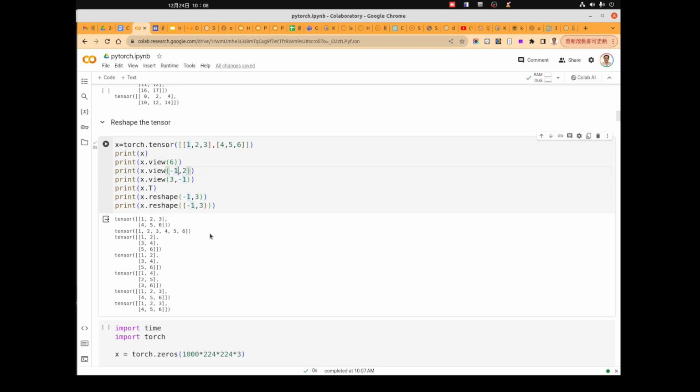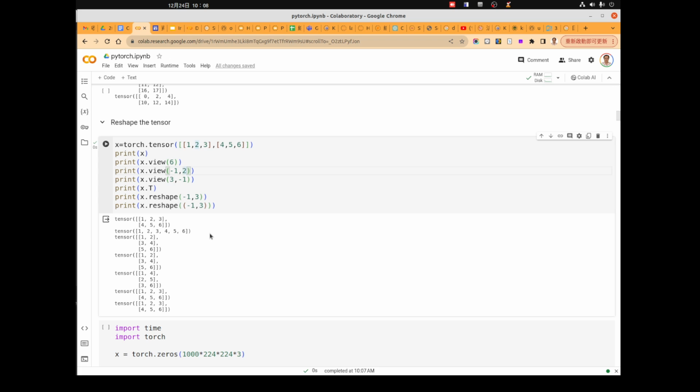In this case, we can just write -1 at any dimension, and PyTorch will calculate the correct number for you. For example, with -1 and 2, we want to convert the vector into a two-dimensional array where the size of the second dimension is 2. It means that there are two elements in each row.